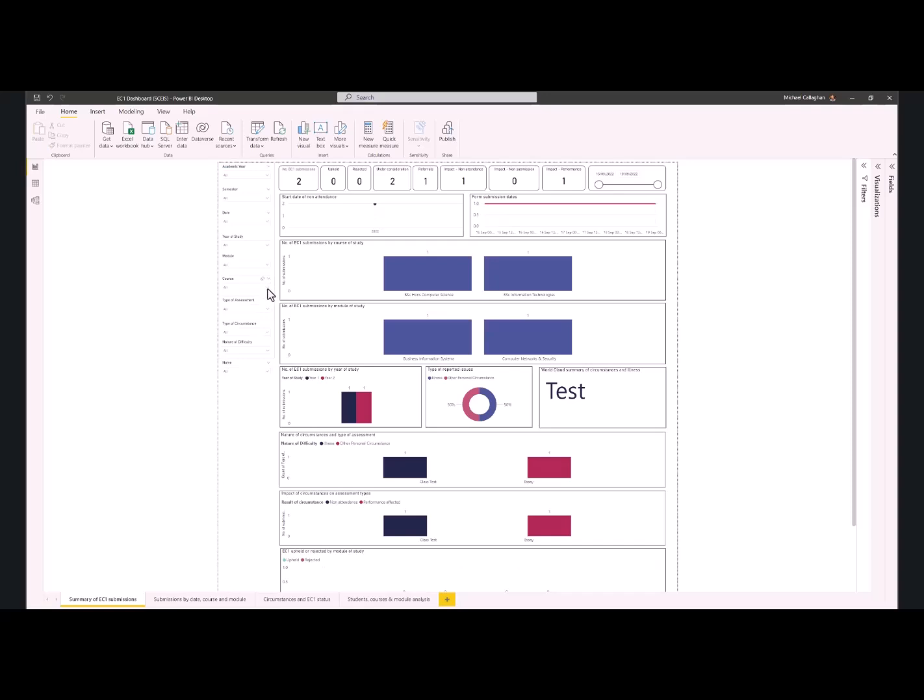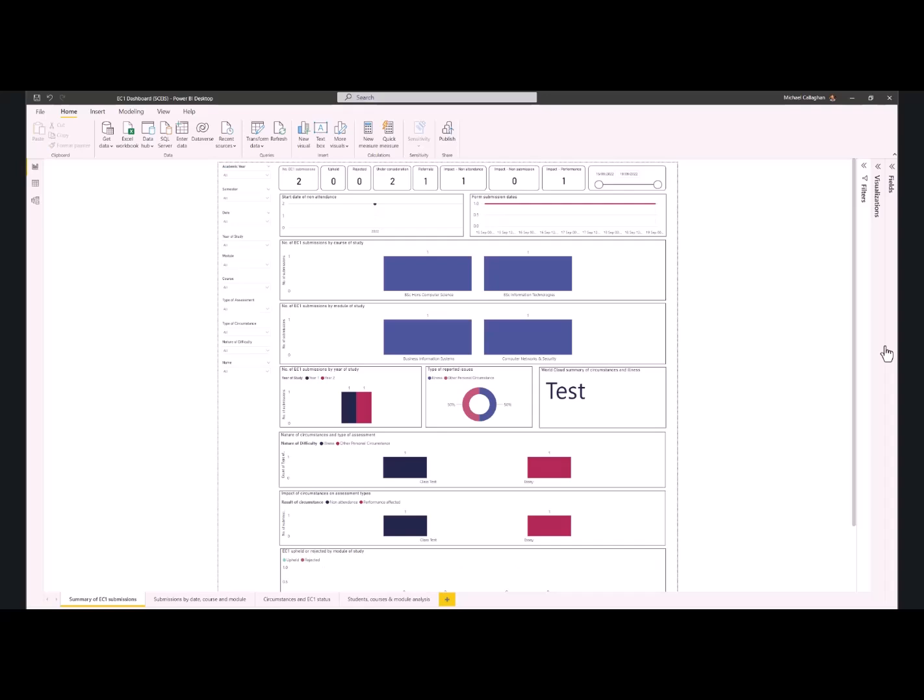Okay, so in this case, I can see, so this would be year 1 and year 2. Now this would be across a year, as opposed to a particular course, and then you can start to see the breakdown between a number of issues. Now, because this isn't populated, we have like illness and other personal circumstances. Then you've got a word cloud, which is the part where they enter the free form stuff, and then the nature of difficulties. Whether it's what happened, was it an illness, other personal circumstances,